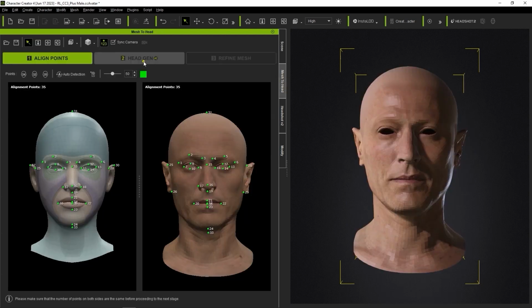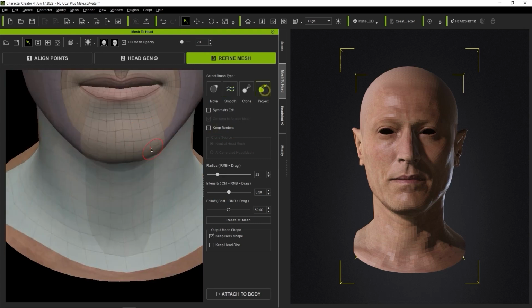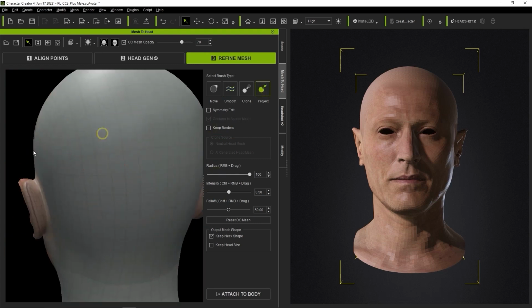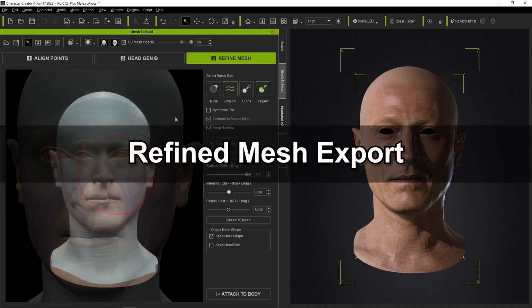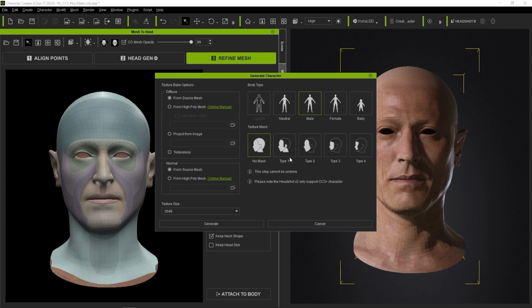You can smooth out the mesh using the various tools in the Refine Mesh step to optimize the appearance before export. When you're ready to export your CC3 Plus character, in the export settings you can select from High Poly Mesh in the Normal section to bake a more detailed normal texture for our lower poly model, which is quite useful. However, you also have the option to bake textures in other software as well, which is what I'm going to